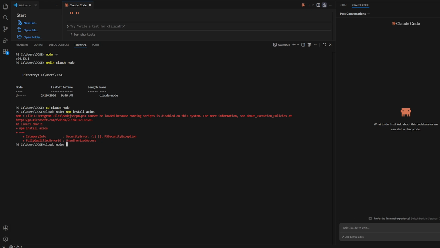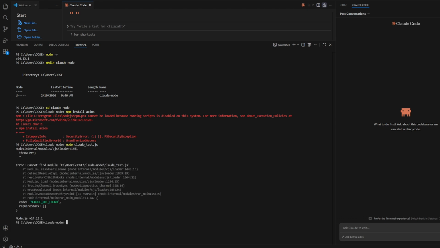After you send the request, handle the response using a promise. If the request is successful, log the generated code to the console. If there is an error, catch it and log the error message for troubleshooting. To execute your script, return to your command line interface and run node claude_test.js. This action will send your prompt to the Claude Code API, and the generated code will be printed in your